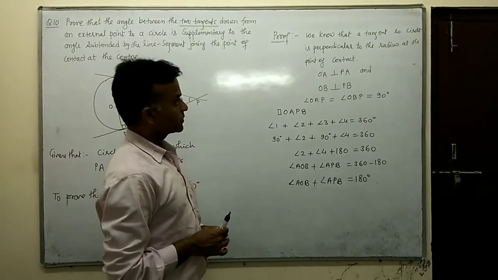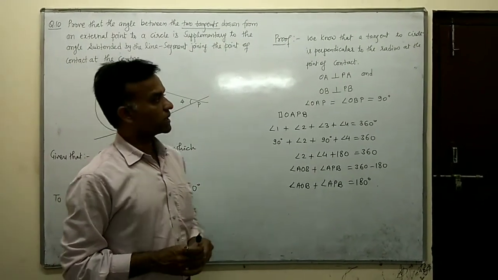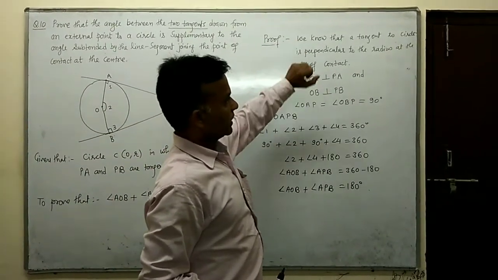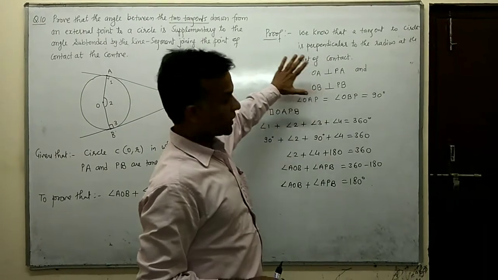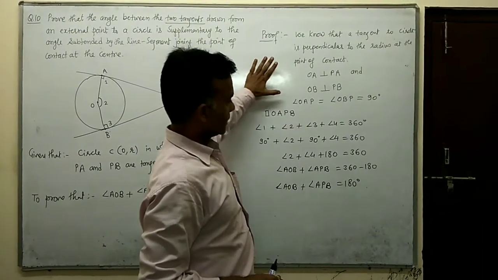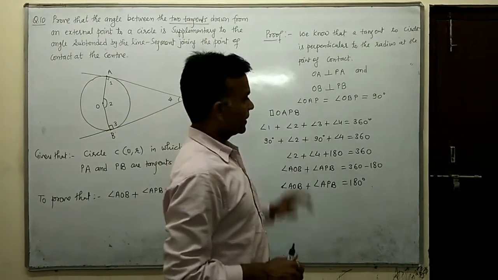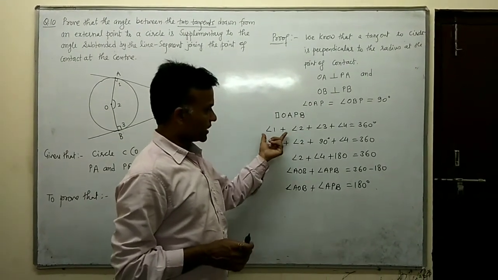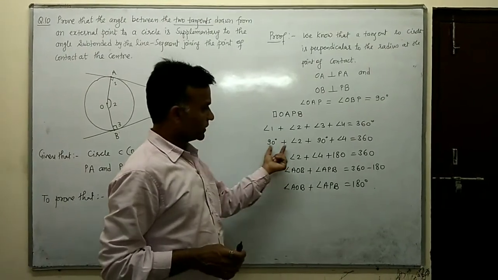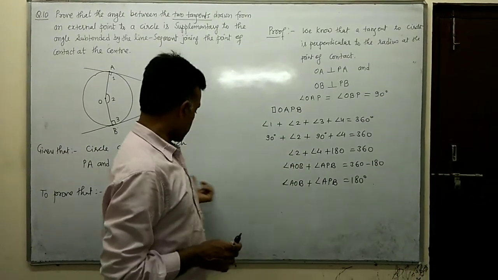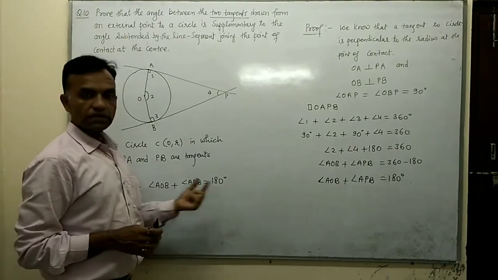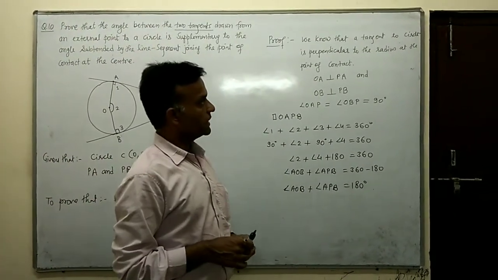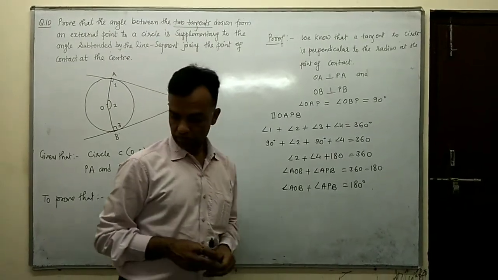So now this proof is very easy. Only one concept you use here, the first theorem concept: a tangent to a circle is perpendicular to the radius at the point of contact. And we use the concept that the sum of angles in a quadrilateral is 360 degrees, and put in the values of two angles we know from the figure. The two remaining angles, that is your requirement, AOB and APB, their sum is 180 degrees, that is a supplementary angle. Okay, so this proof is very easy. Then we see the next question.